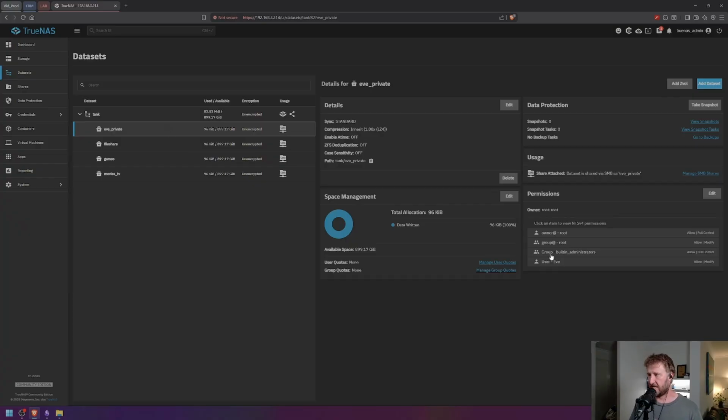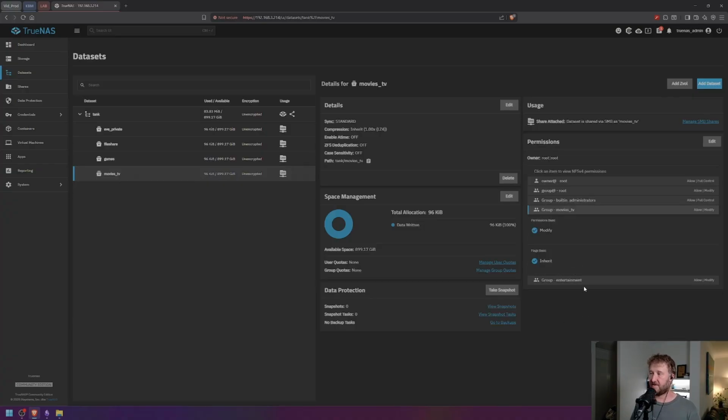So only Eve can access her private data set. The group file share data set members need to be in the file share group, which is all three: Alice, Bob, and Eve. Again, we could have just used the built-in users for that, but I felt it was good to show this as an example, because this has everybody in the group. The games is entertainment, and that is only Eve. And then movies and TV, we have as movies and TV, but also entertainment,